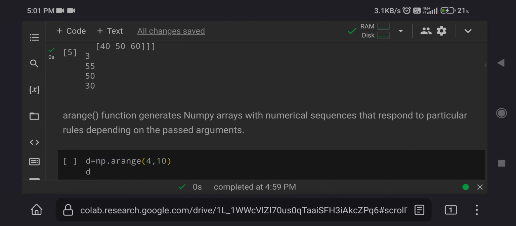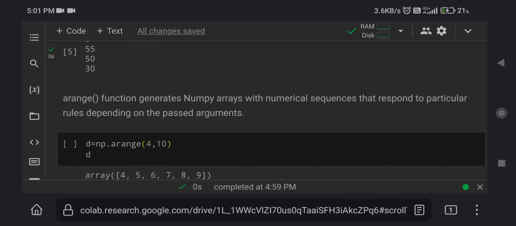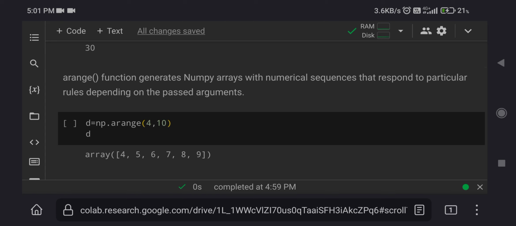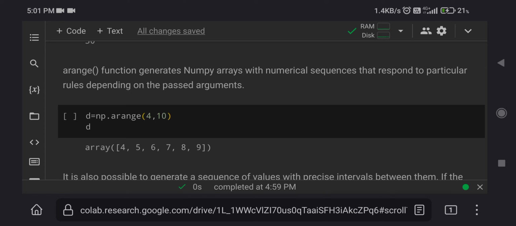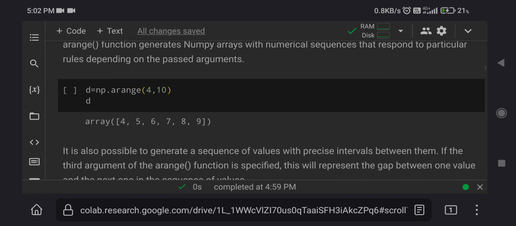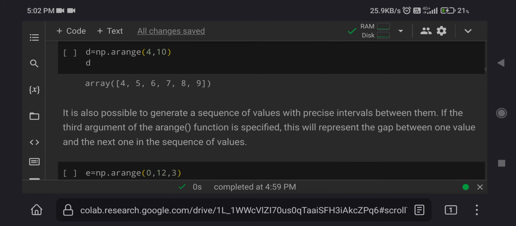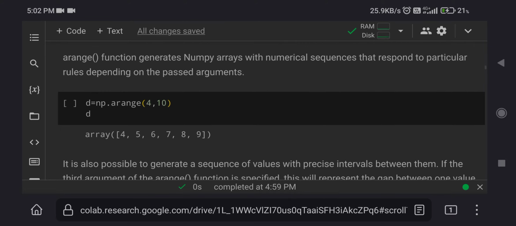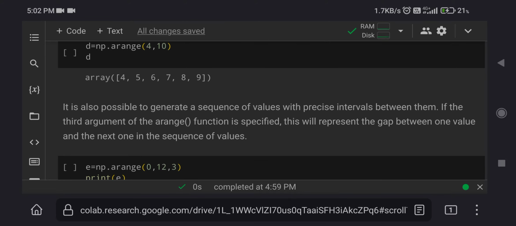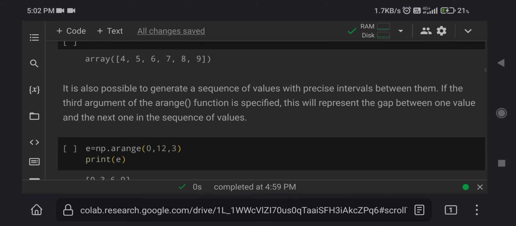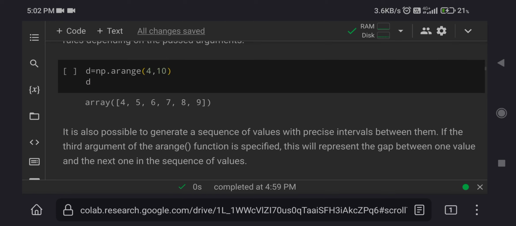We can use the arange function to generate a numpy array with numerical sequences. If I use np.arange 4 comma 10, it will create an array with numbers from 4 to 9. 10 will not be there. This is used to generate numerical sequences.